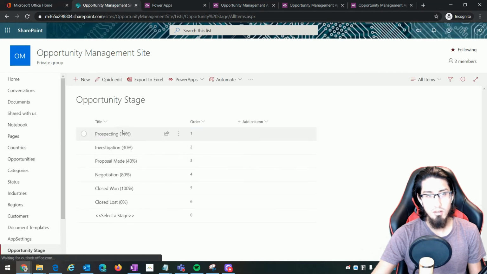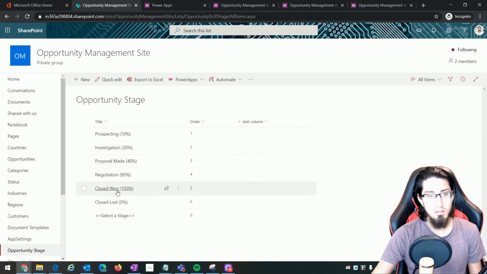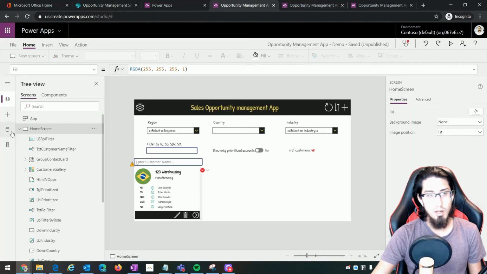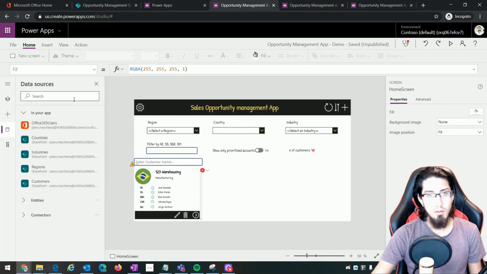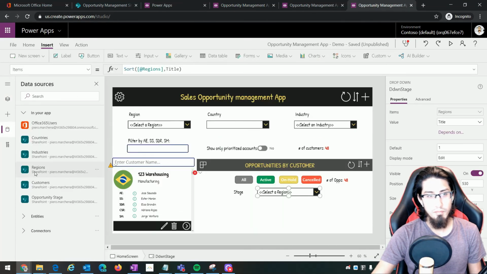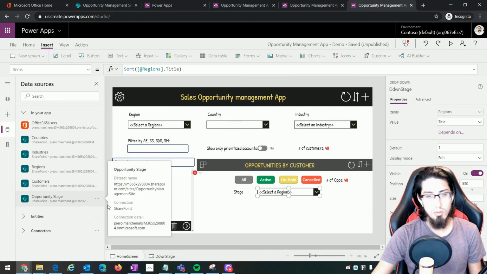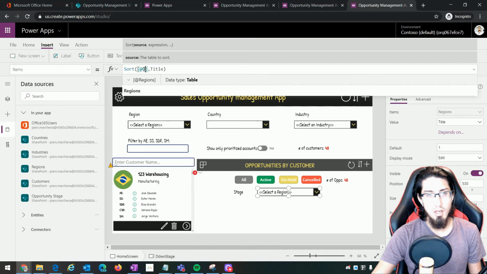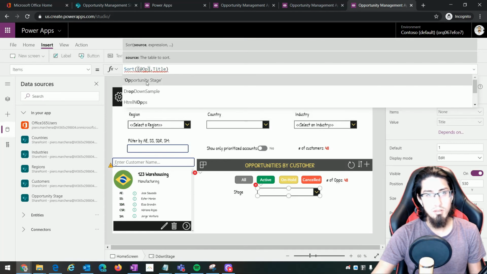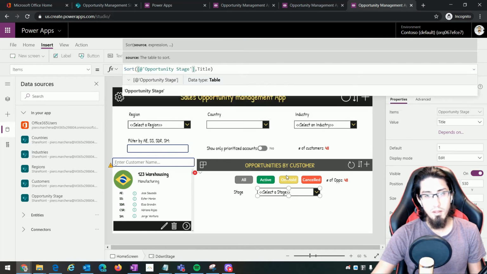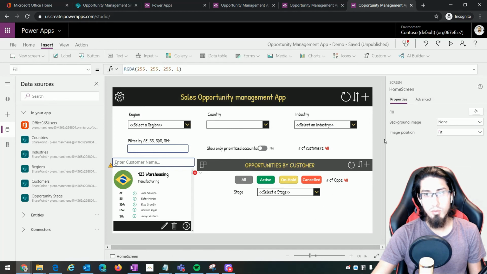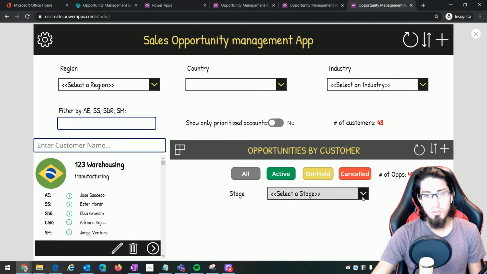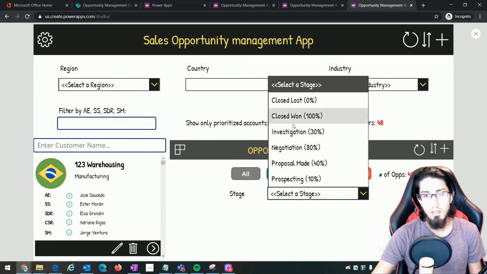Actually, we can see here we have all the different stages, and we have a column for the order. Let's go back to our application. So we have this connection to the opportunity stage list, right? So instead of regions, let's change that with opportunity stage, which is our list. Cool. Let's preview to see how it looks now. So we see all the list of stages,